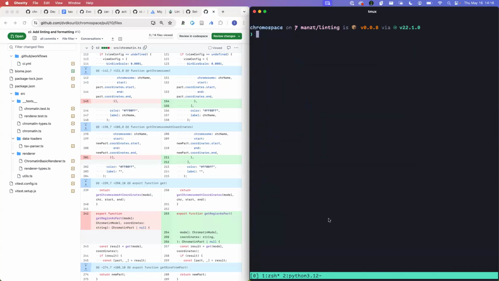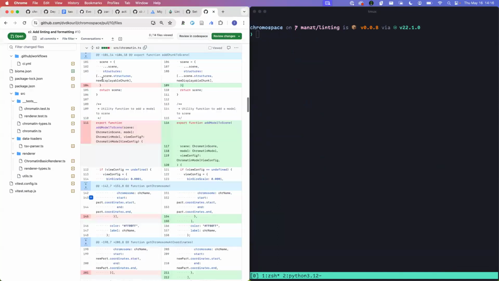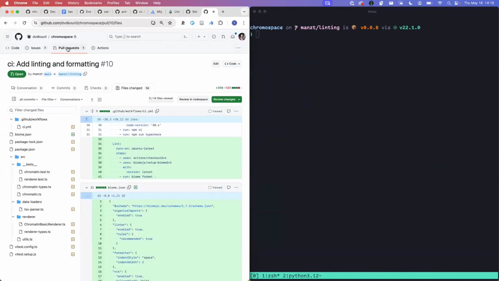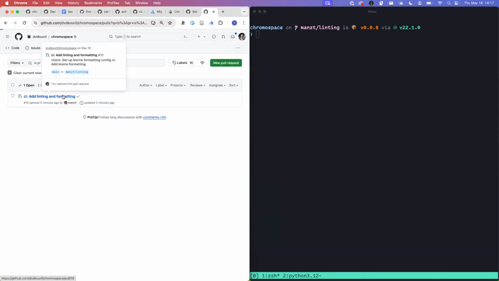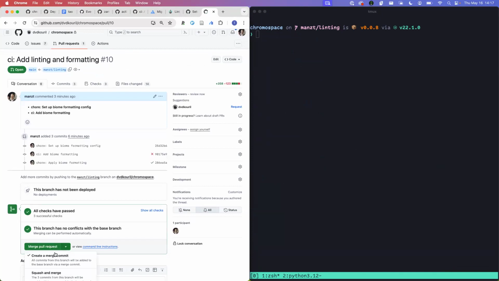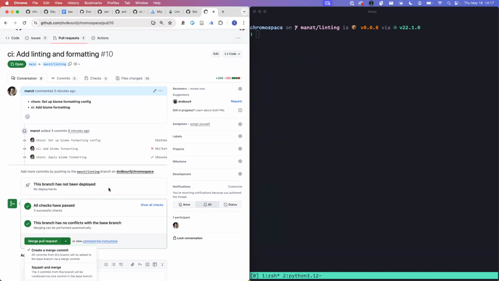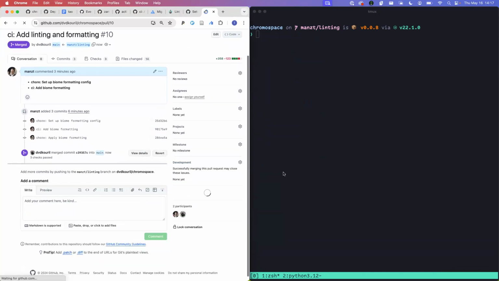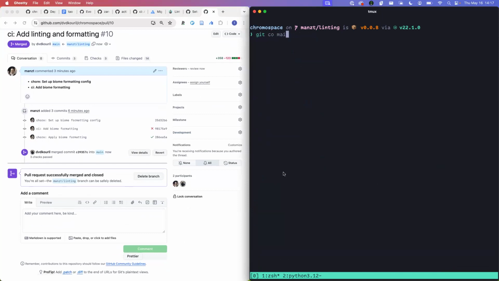Okay. So I would say let's merge this PR because it is kind of sizable on its own, but it gets Biome in there. Let's squash and merge. Oh, you got it. It's fine. All right. Yeah. Okay, so now we have Biome in,